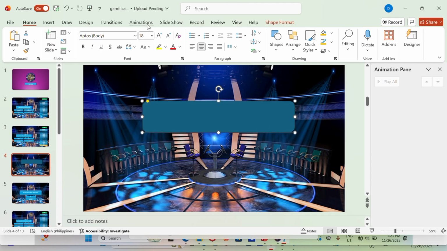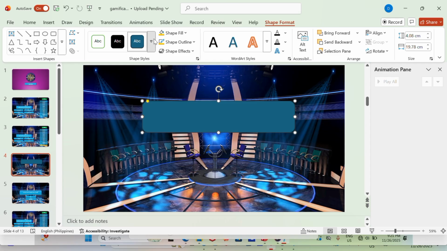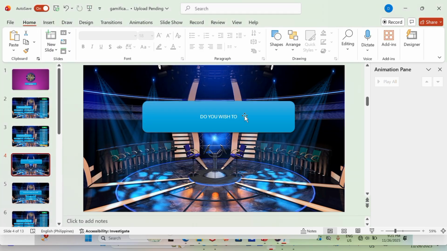Here in the third slide, we will make the choices if the participants want to continue the game or just want to bring the money home. Now, let's add here a statement or a question. If the participant wants to bring the money back, the choices will be yes, and the second choice will be continue, which the participants will continue the game. So first, let's add the question